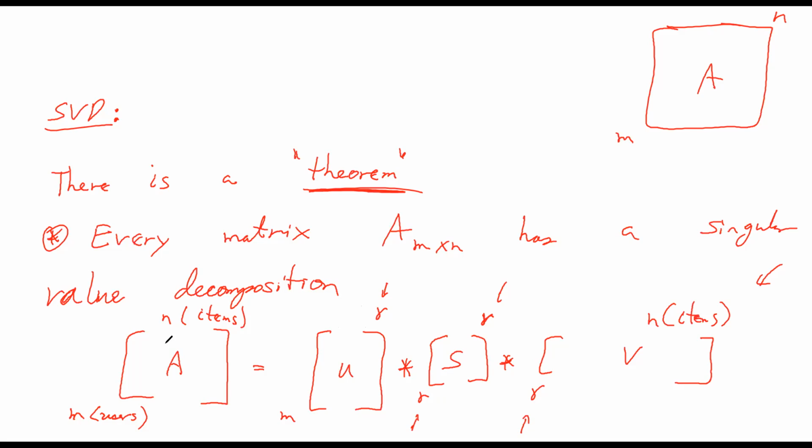Remember that this is M by N. Let's say this was users, this was the movies, and these are the values. This is still the users, but this is no longer the movies. Remember, we already talked about this last week. This is actually the concepts. Sometimes they call these the latent components, or the components, or the principal components, or the singular components, whatever you want to call it. They're those concepts that we talked about last week. But the key thing is this R,